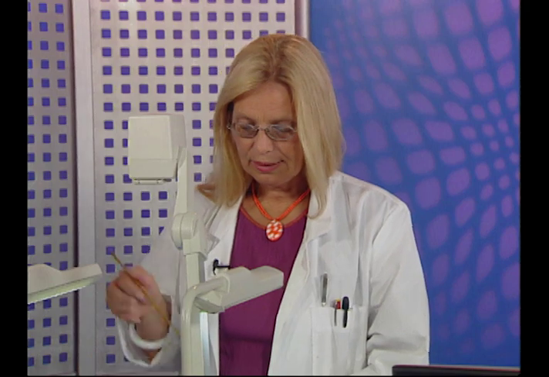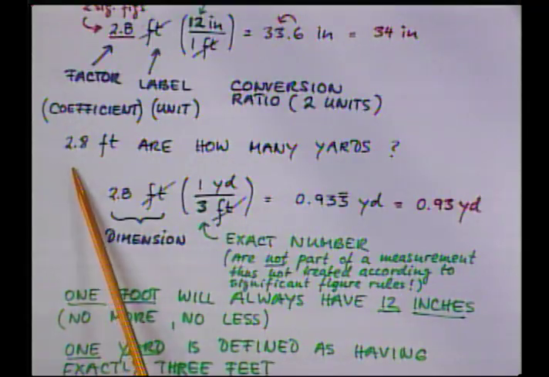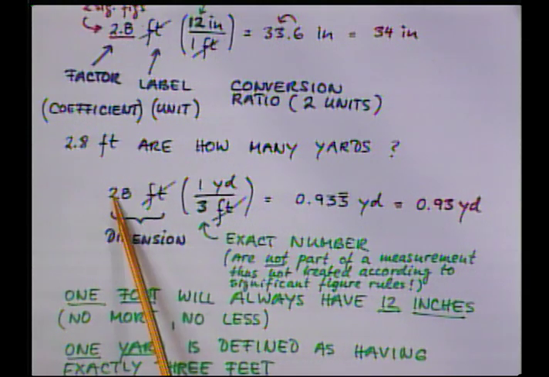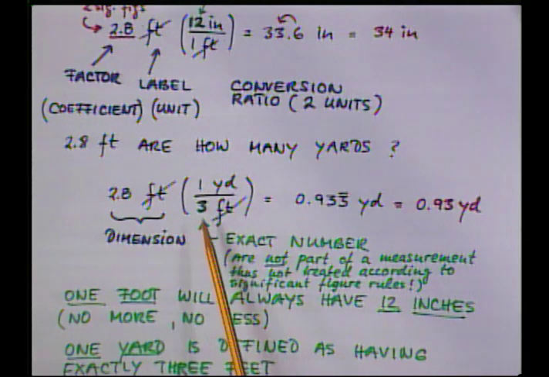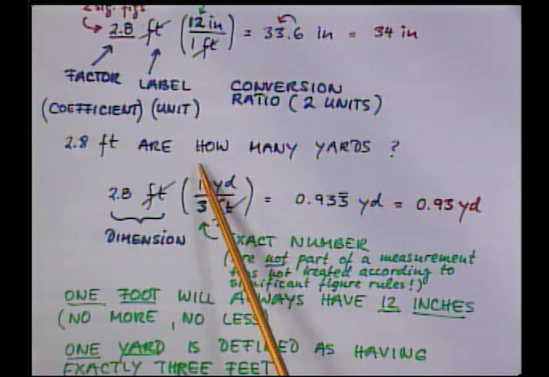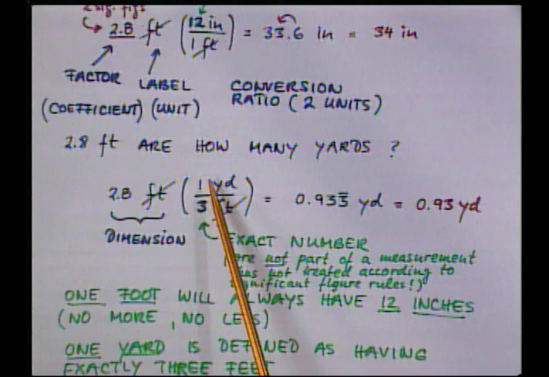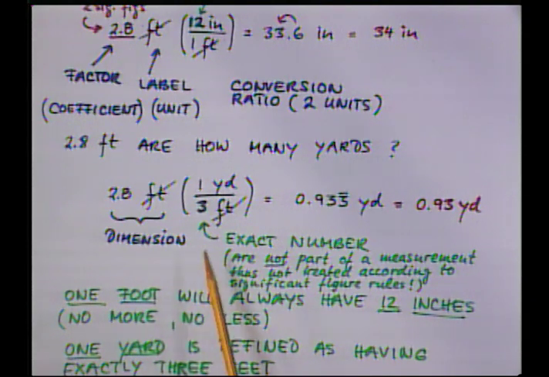Here's another example. 2.8 feet are how many yards? So here we have what we are given. The dimension, remember, is the number as well as the unit together. So what we want to change comes up in the front. Then we insert the conversion ratio box, so to speak, and put it neatly in parentheses so we can keep it nice and boxed in. You don't have to, but I think it's very appropriate to do because it helps you to be cleaner in your calculation. So here we set up the ratio 1 yard is 3 feet, everybody knows it, and